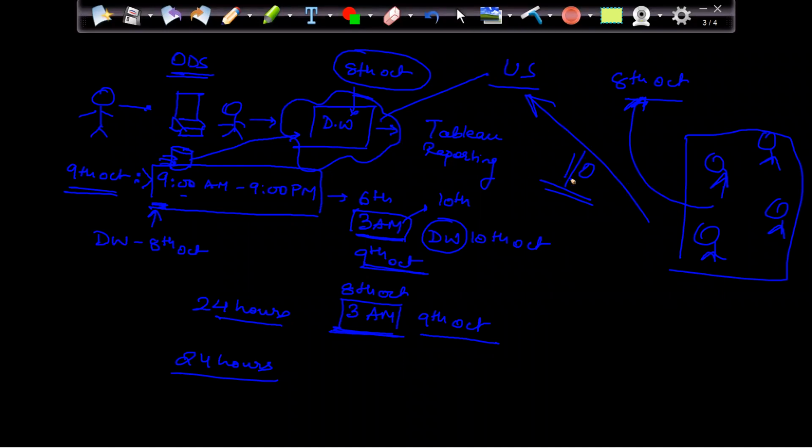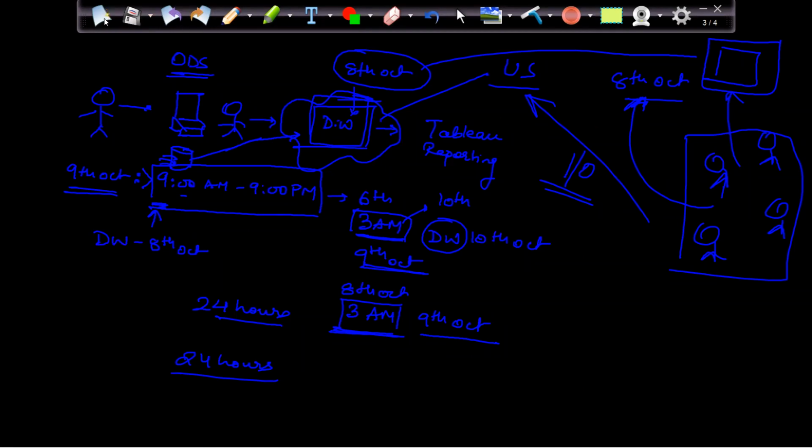So what I want is, do one thing. Can you take this data warehouse copy in one file and ask the user to connect to this file? And once the 9th October data comes in, I will refresh this file. Are you understanding it?